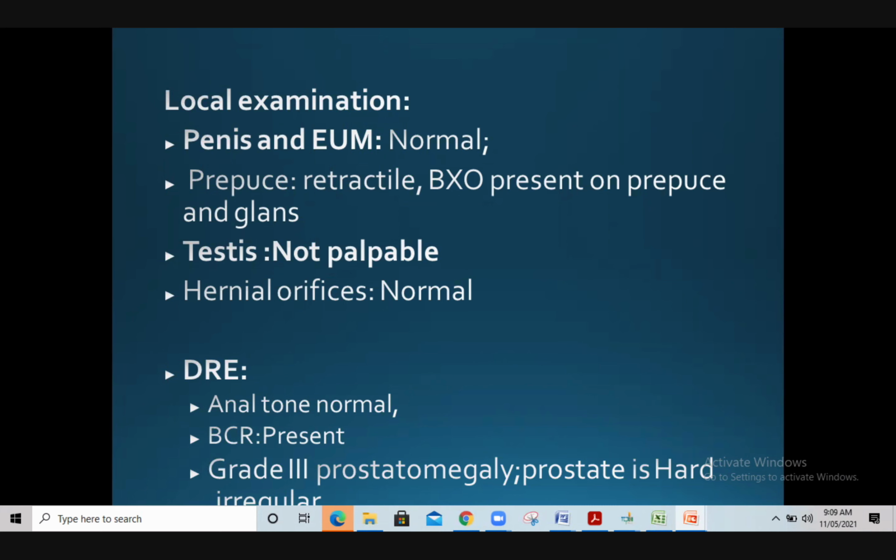You have to remember one thing. This patient has got a grade 3 hard prostate, a big prostate. Has he got any other symptoms related to metastatic spread? He's had only voiding symptoms and hematuria. So when you have a thing like this, what madam wants to know is the question, are you happy now or you want something else? So yes, I want something else now. That is what we want.